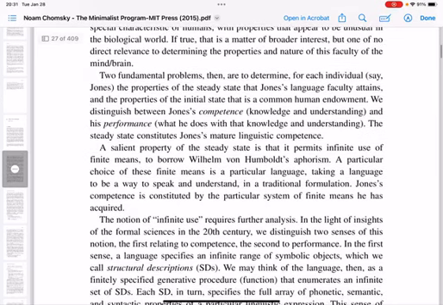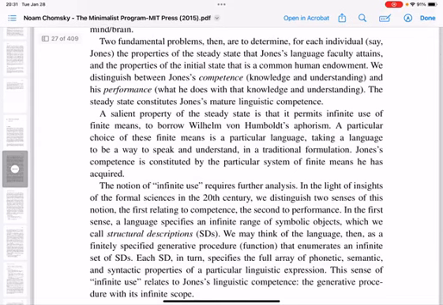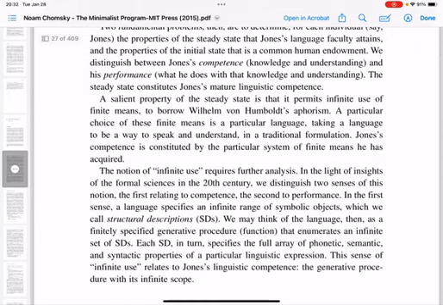Two fundamental problems then are to determine for each individual, say Jones, the properties of the steady state that Jones's language faculty attains, and the properties of the initial state that is a common human endowment. We distinguish between Jones's competence, knowledge, and understanding, and his performance, what he does with that knowledge and understanding. The steady state constitutes Jones's mature